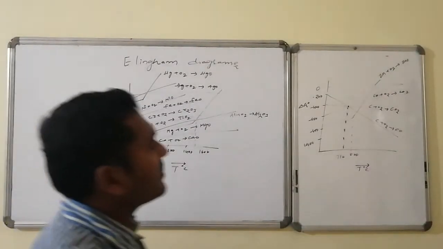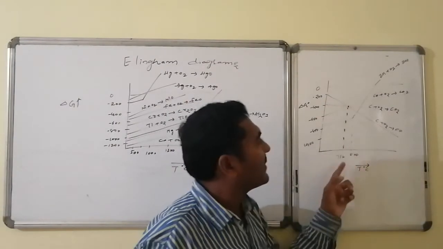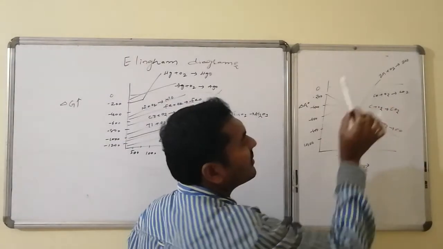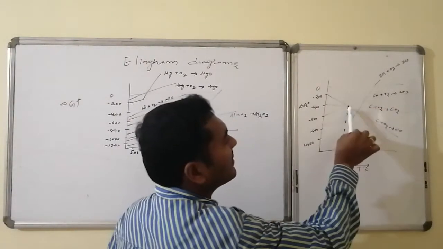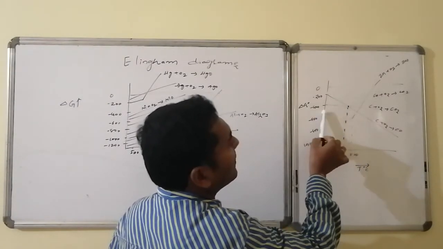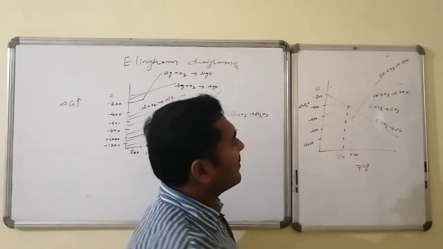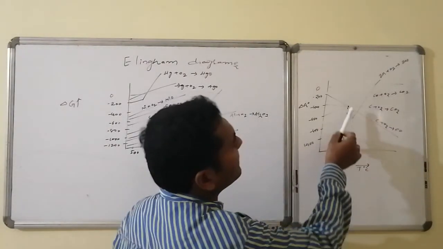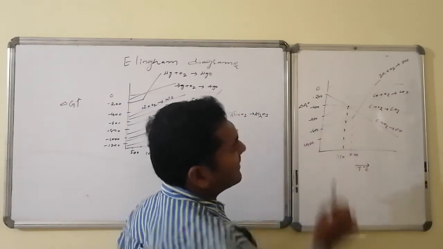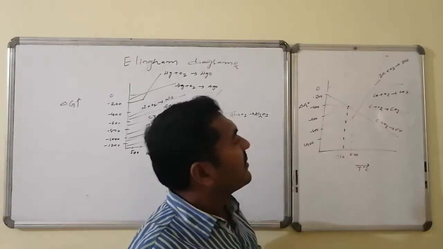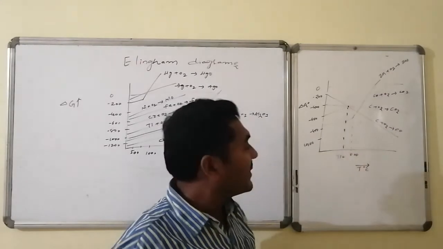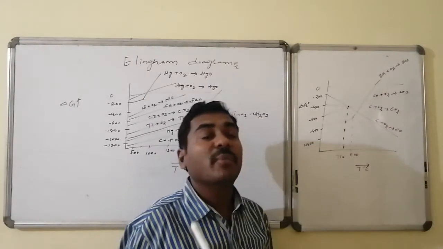In this case of the carbon oxides, below 710 degrees centigrade, the highest minus delta G is associated with carbon monoxide. Carbon monoxide combining with oxygen to form carbon dioxide has corresponding minus delta G values of minus 500, 550, 600 and so on. Whereas if carbon is acting as the reducing agent, the values are at most around minus 200, minus 300, minus 400. The highest minus delta G is present for carbon monoxide. Hence, below 710 degrees centigrade, carbon monoxide is acting as the best reducing agent.